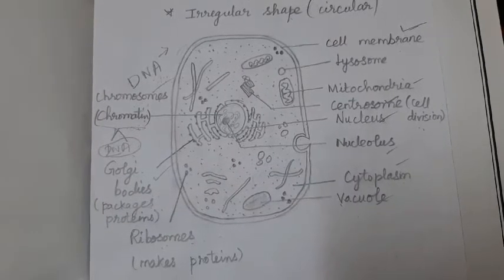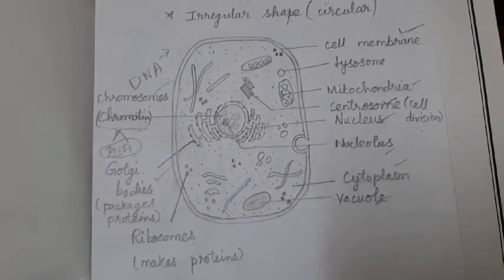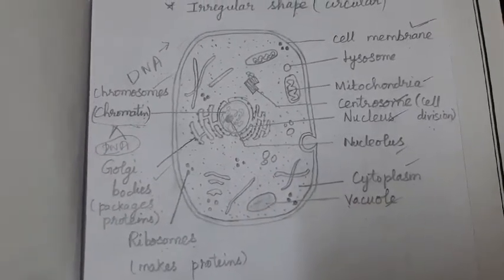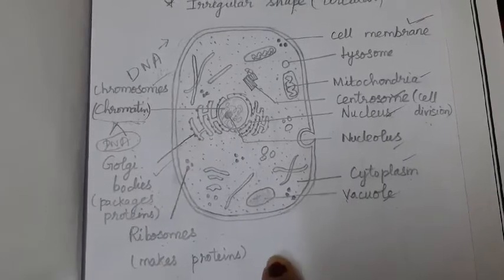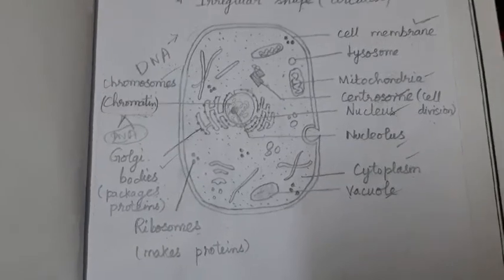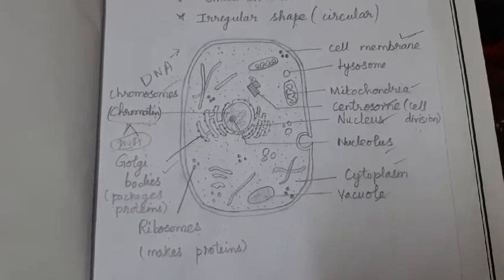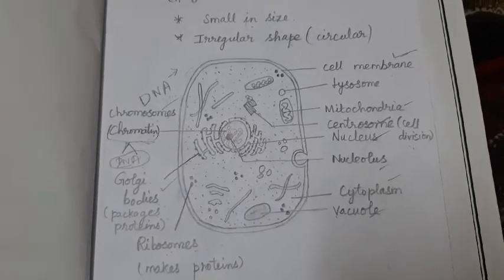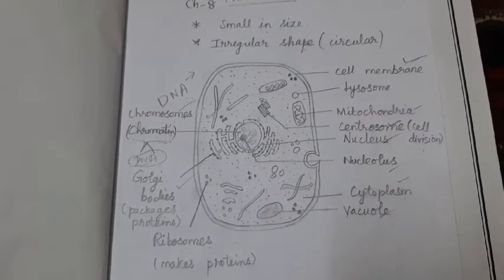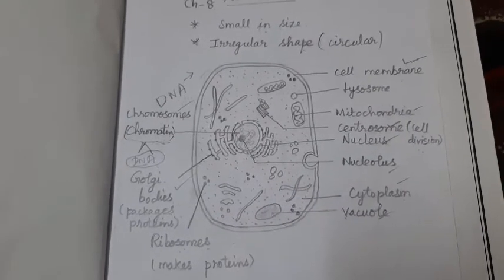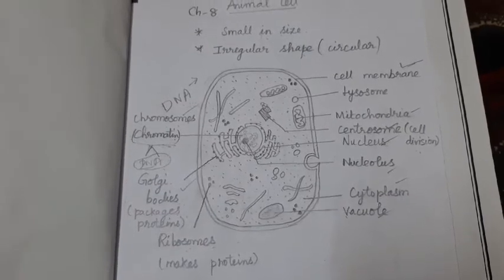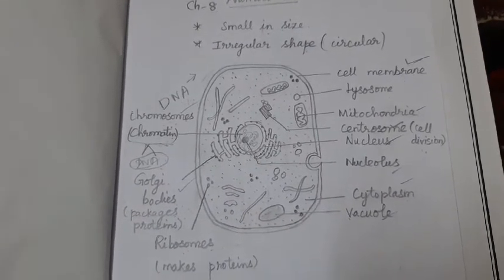Then vacuoles are small in size and many in number compared to your plant cell. Then you have the other new organelles like ribosomes and centrosomes in the animal cell. These are all the differences between plant cell and animal cell. So practice this diagram once in your homework note as today's homework, children. I have sent you a reference video of how to draw an animal cell. It would be easy for you to follow.